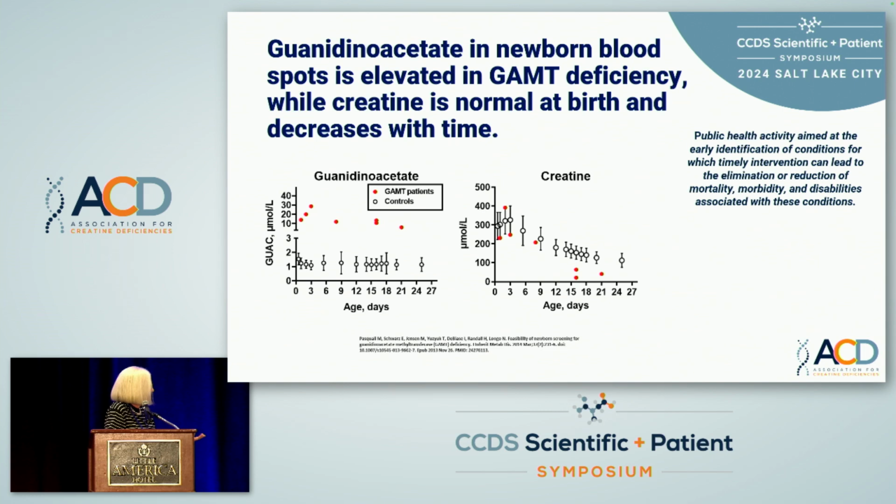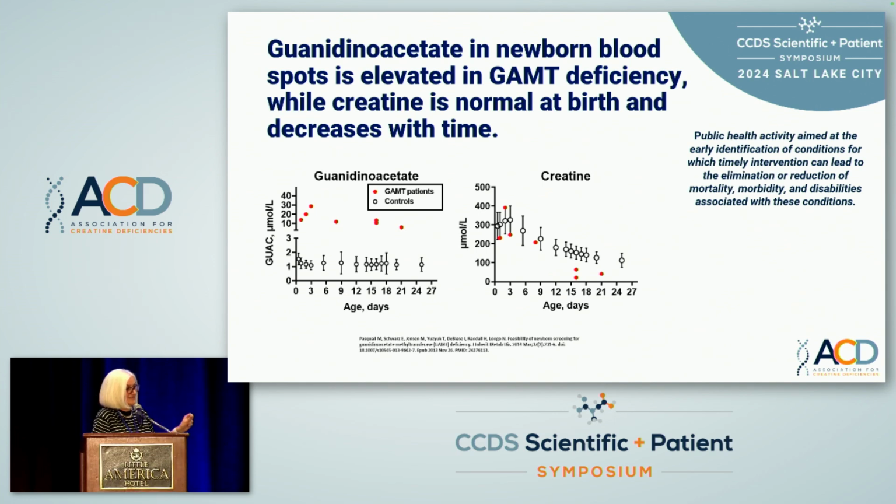So these are the original results. We started working on this in 2012, 2013, so it's been a while. And you can see that the red circle represents values from patients with confirmed GAMT deficiency, blood spots of babies who were diagnosed with GAMT deficiency. The open circle represents the mean and the standard deviation of the control. So there is a very good discrimination, no overlap between values of guanidinoacetate in patients with GAMT deficiency compared